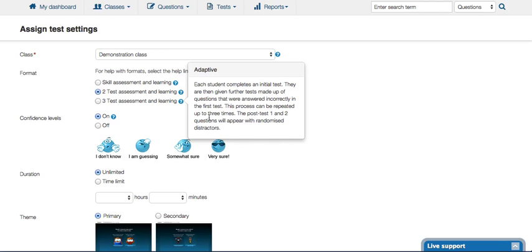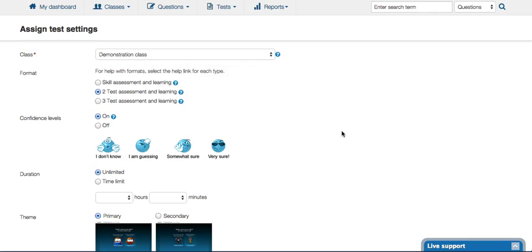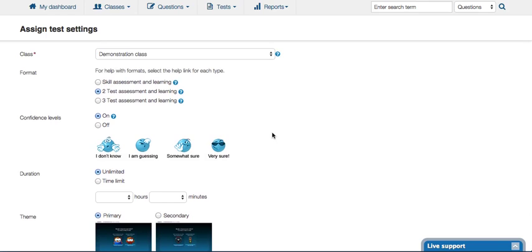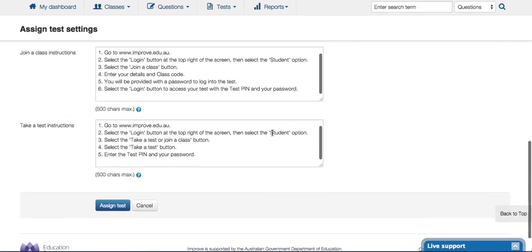Notice that when the student redoes the questions, the answers are randomised. So they're not in the multiple choice order that we would deliver, but randomised so that they're not seeing the same thing every time. That's what I really want to talk about in this one. Otherwise, having assigned a test,